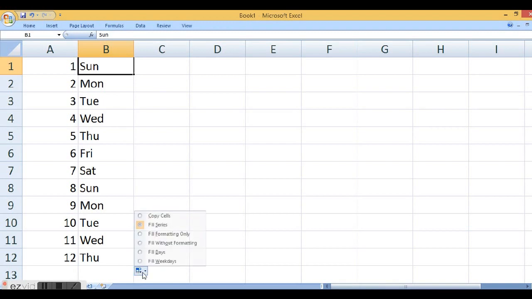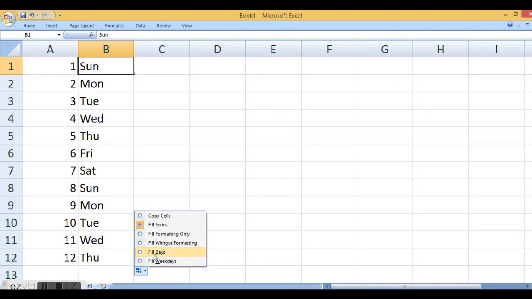But there is an option that comes: autofill options. There are multiple options. With numbers, only 4 options came. With the text Sunday, Monday, Tuesday, there are 2 more extra options, which are fill days and fill weekdays. The moment the fill handle is used, Excel automatically understands and suggests fill days or fill weekdays.